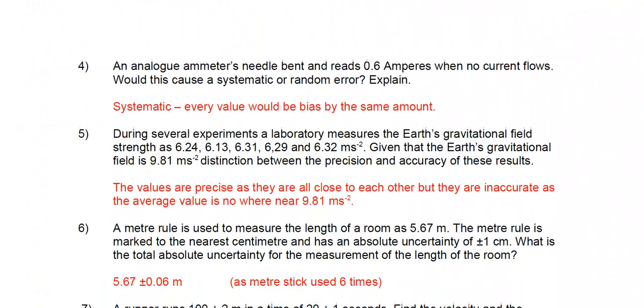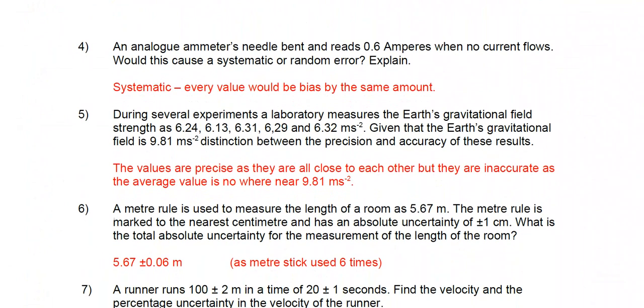An analog ammeter's needle is bent and reads 0.6 amperes when no current flows. Will this cause a systematic or random error, and explain? Well, it's systematic because every value would be biased by the same amount. Number 5. During several experiments,